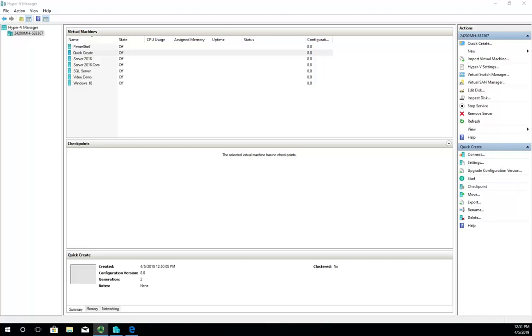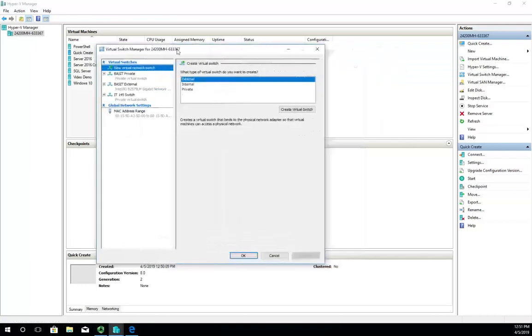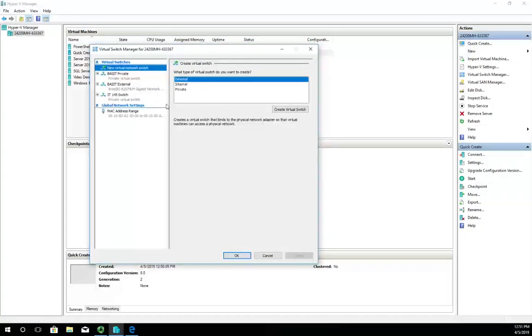So let's talk about working with virtual switches in Hyper-V. Those are managed using the Virtual Switch Manager. So I'm going to come in and open that up, and I have a handful of virtual switches here. Let me show you how we would create one just in case you don't have one on your home computer and you need it. So we have 3 different types of virtual switches, and we're going to go over this